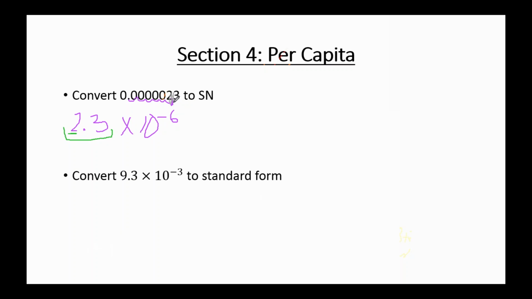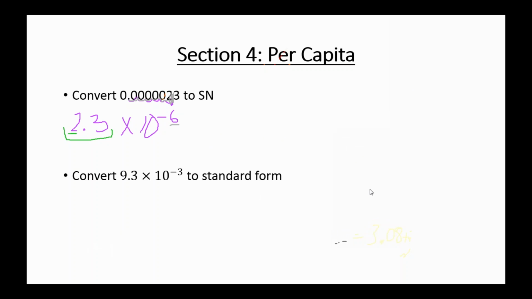I'm a big fan, I'm a seer, I got to see to believe. So between my 2 and 3, how many spots did I move to get there? And it's okay to put the humps in there to count, right? So you moved it 6 places, so your exponent has to be a 6. When I try to eyeball things, I always end up counting 1 too few or 1 too many, and it's never a good thing. So hashtag details matter in this class, like whoa.